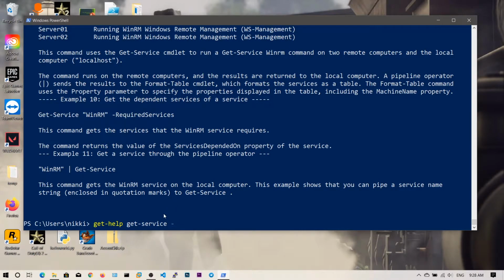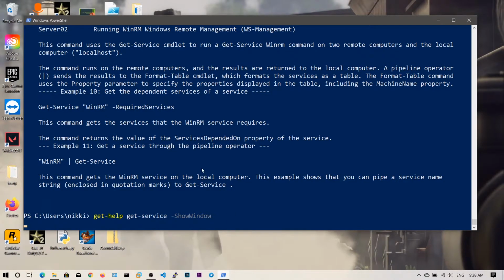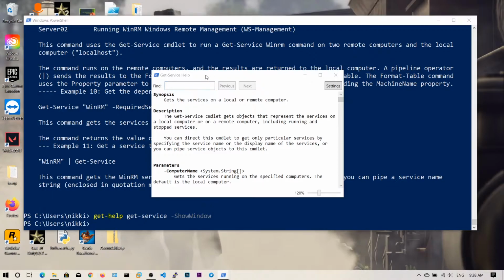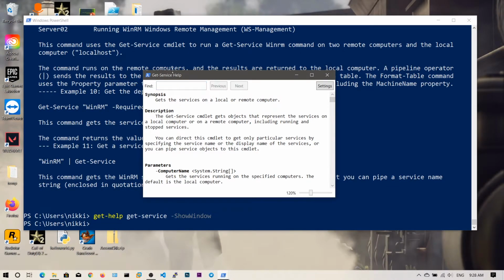So another thing I want to show you is Get-Help with -ShowWindow. What this does is it will open a new window containing all the documentation of this Get-Service command. Now if I hit enter, so now this is the whole help page for Get-Service.